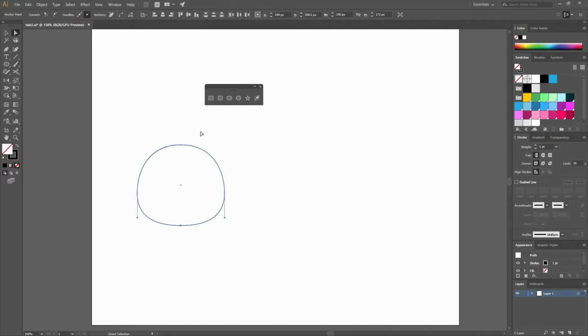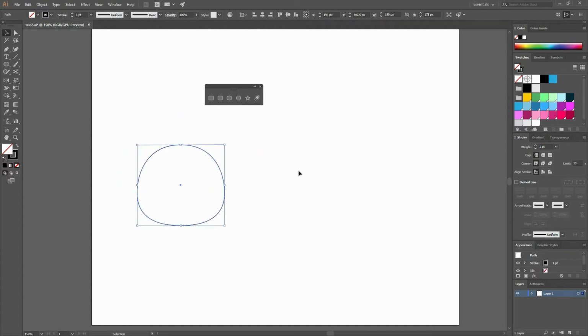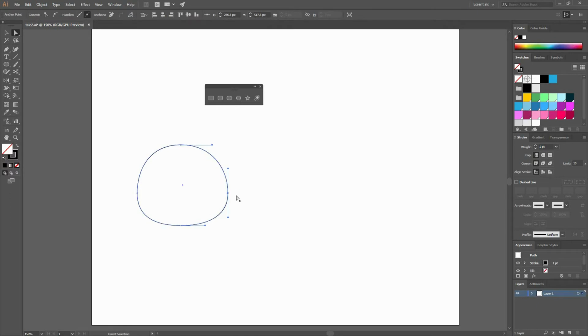Do the same for the top and the bottom, and now you have your shape. Now, as I said before, this is looking way more appealing than if I had just made a circle or a rectangle and then rounded the corner. So one thing that I also like to do is I want to move